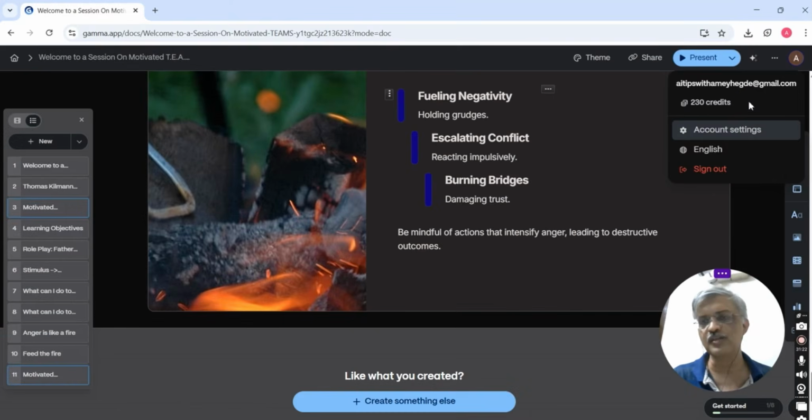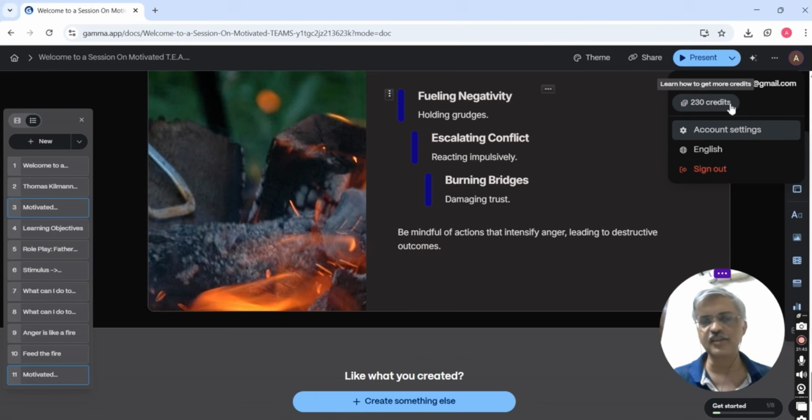The free version provides 400 credits. If you click here, you can see I've got 230 credits remaining. Each time you create a 10 card PowerPoint, it takes around 40 credits. So you can use it maybe 10 times to try out the features.